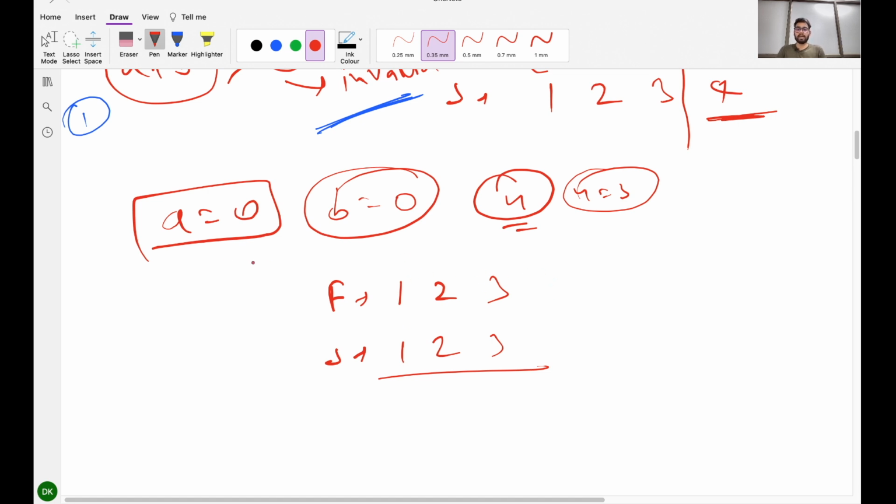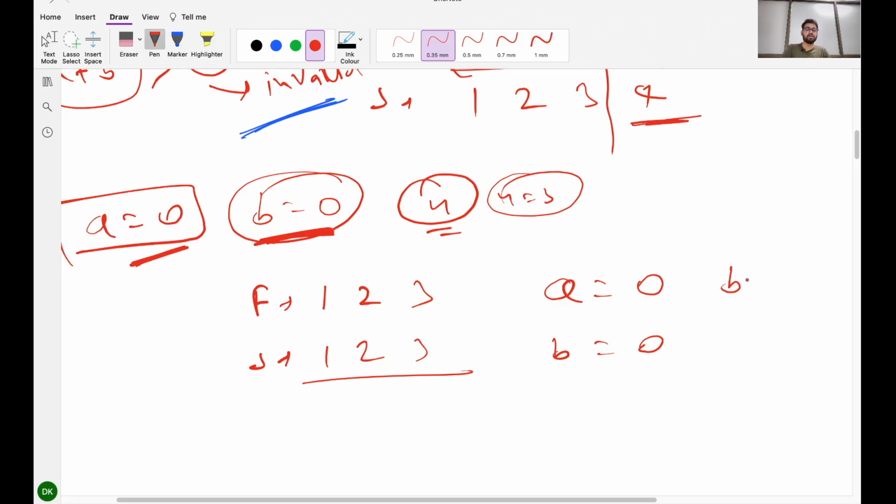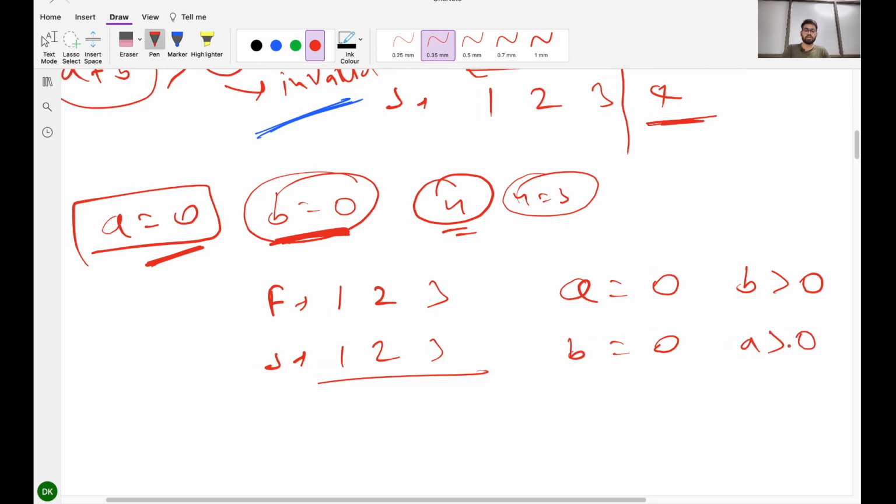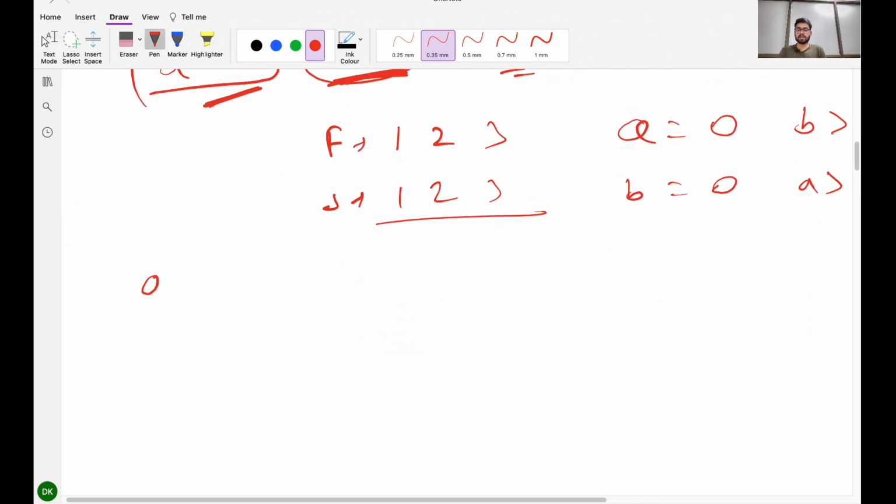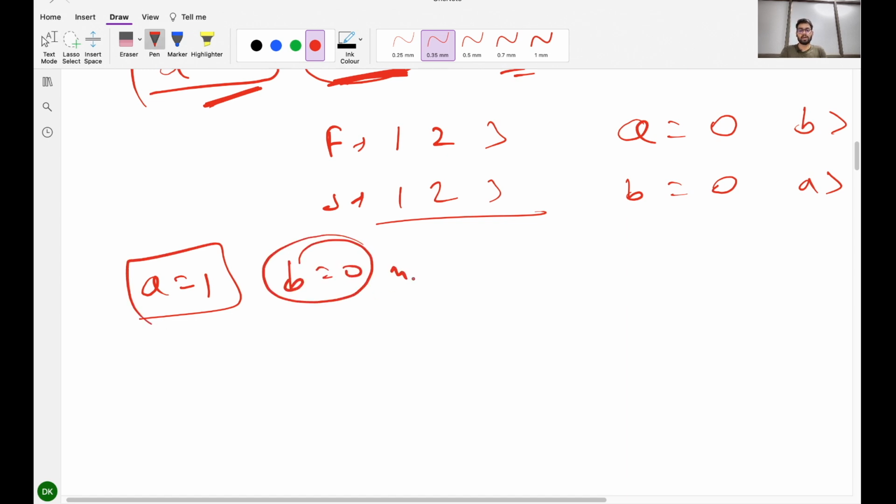So when A is equal to 0 and B is equal to 0, then it is going to be a valid test. If I am trying to see a pattern, it is either A is equal to 0 and B is equal to 0, or when A is equal to 0, B is going to be positive, and when B is equal to 0, A is going to be positive. Okay. So let's analyze for A equal to 1 and B equal to 0, for n equal to, let's say,